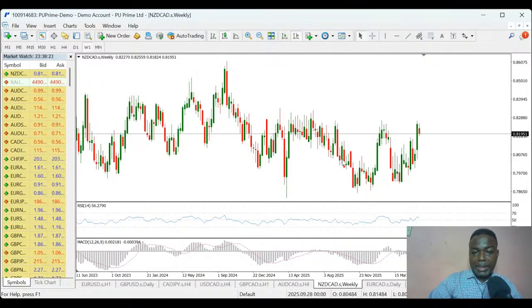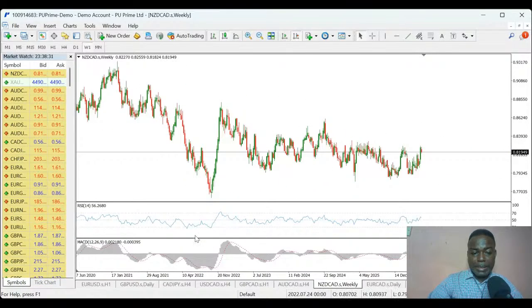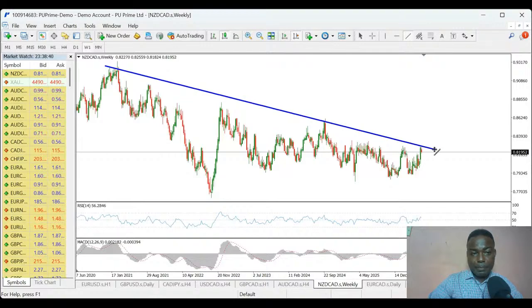All right, next I'll be looking at the NZD card. Now this is on the weekly time frame, and again I can see the overall trend here is bearish. Price is trending massively downward, making a series of lower highs and lower lows. You can see here we have lower high to lower low, lower high, lower low,